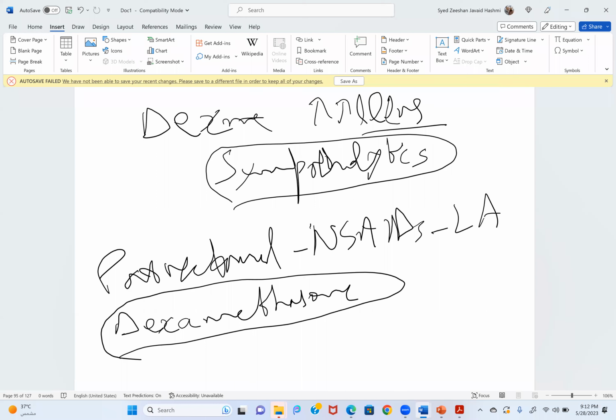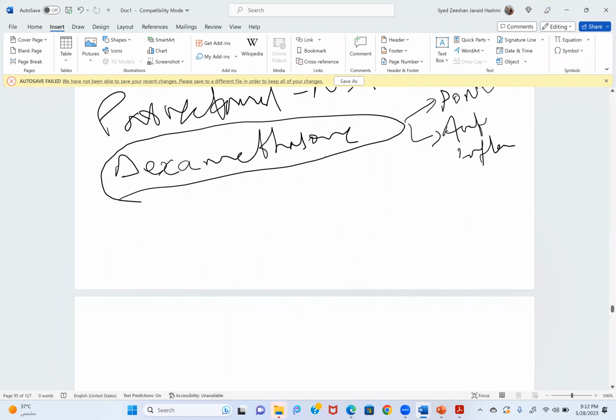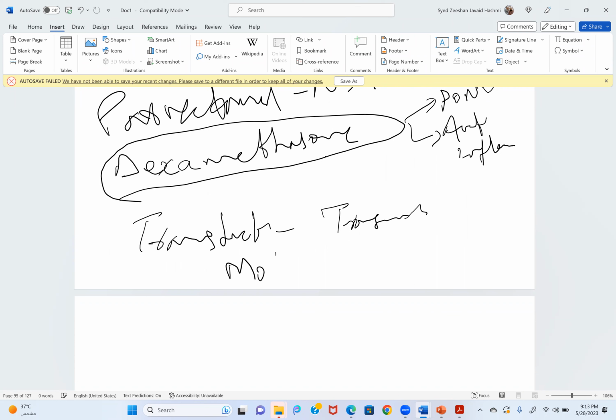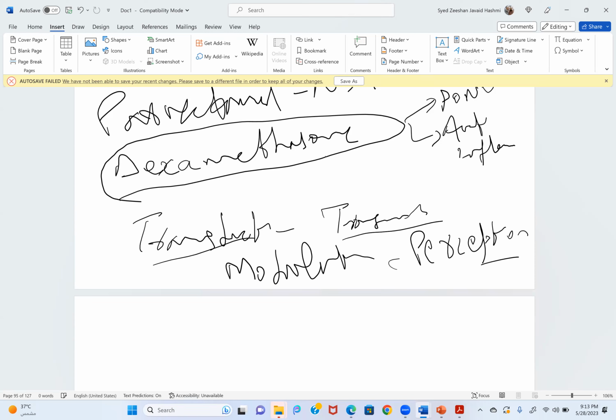If you consider the basic concept of the pain pathway, the transduction, transmission, modulation, and perception, whenever you are giving an anesthetic and trying to have a multimodal anesthesia concept,